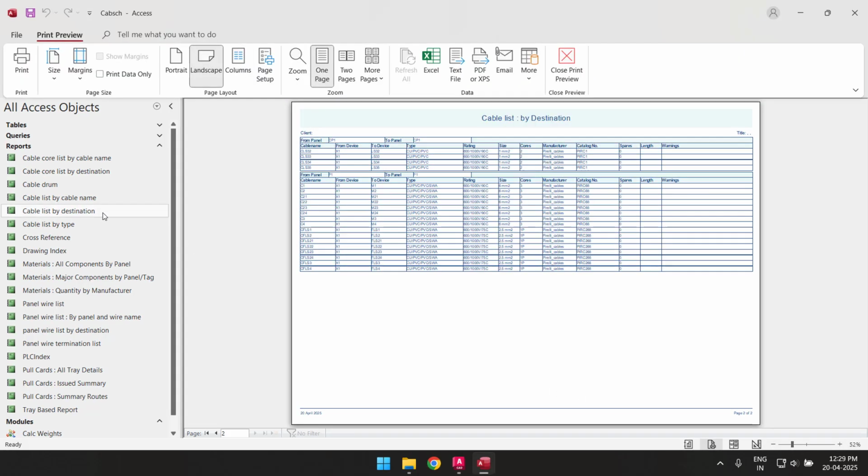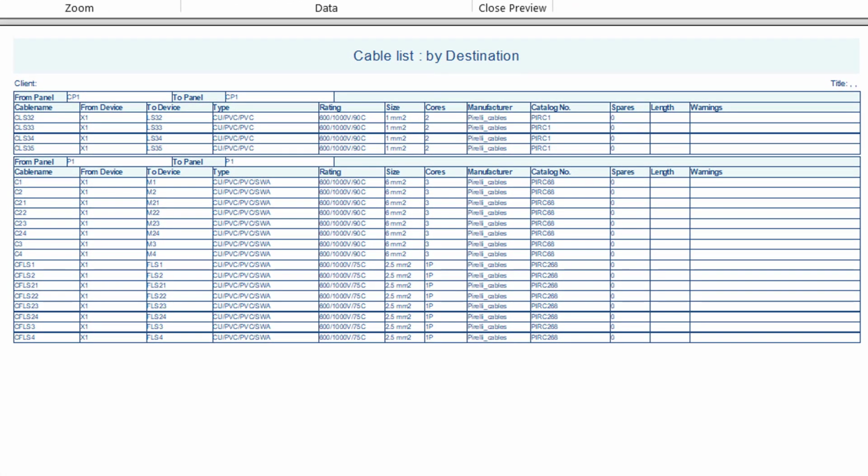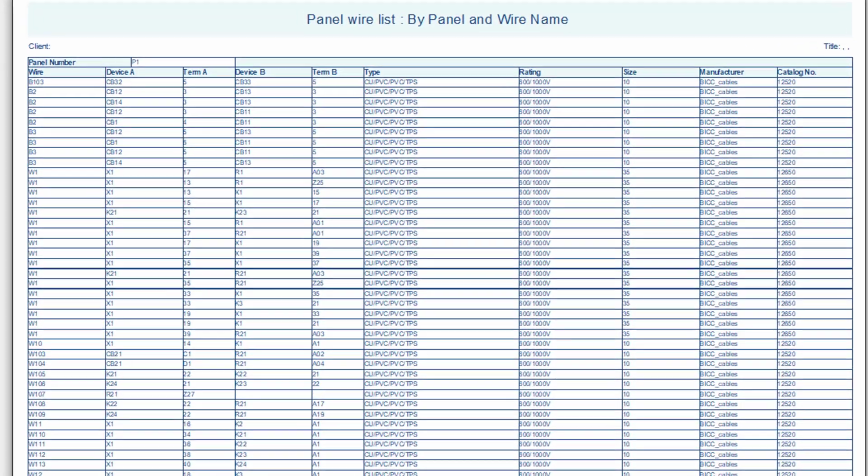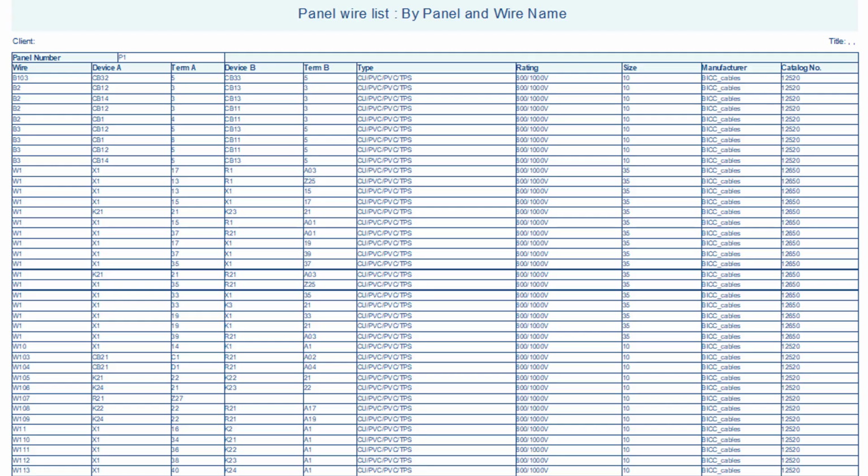This formatted report also contains a cable schedule. In the formatted version, the cables are grouped by destination. A point-to-point panel wire list is provided in the EDS reports. This is useful for panel manufacturers. Your wiring team can fabricate from a wire list much more easily than understanding and searching through schematics.